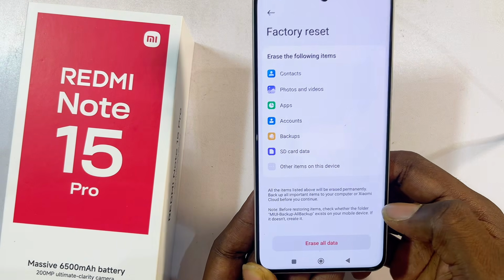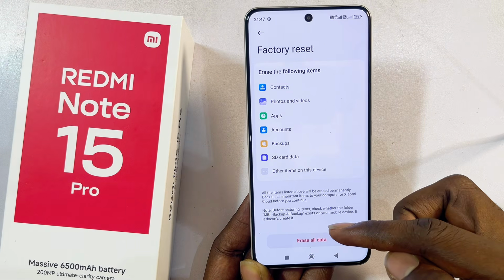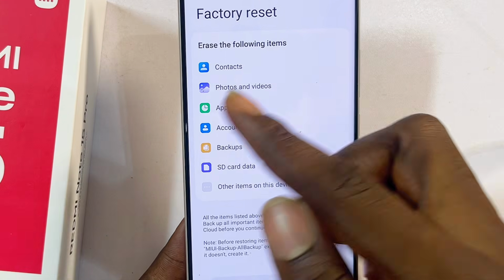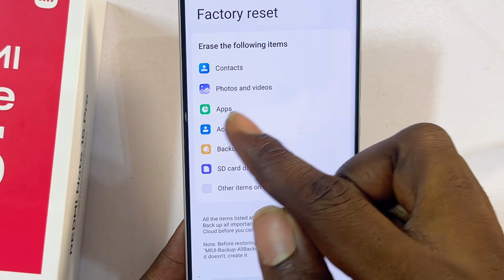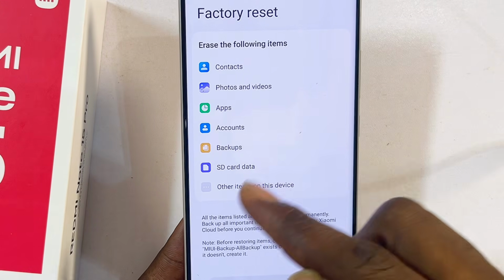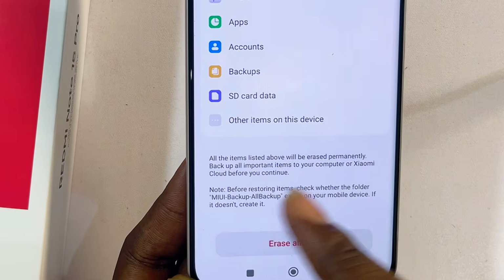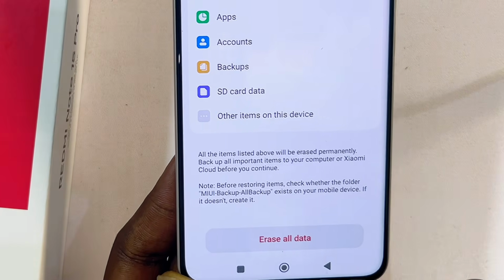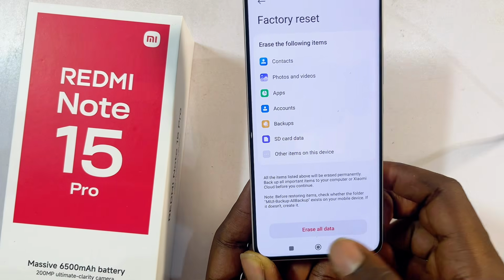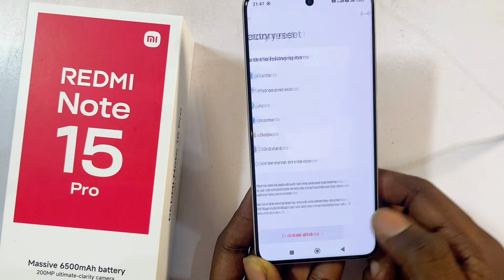Tap on it. Now you want to go through all of the following items over here. So basically this is going to erase everything, including our contacts, our photos and videos, apps, accounts, backups. And as you can see from the bottom, all of these items will be permanently deleted. So if you agree with all of this, just go ahead and click on erase all data just like so,